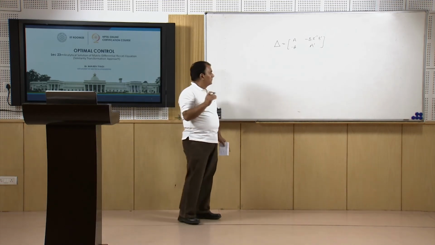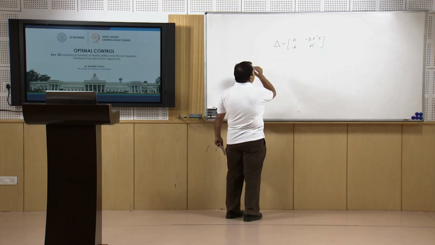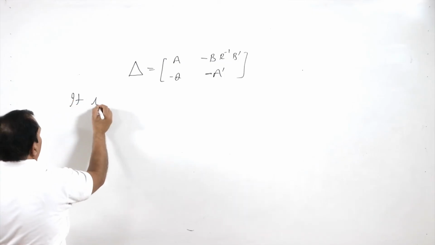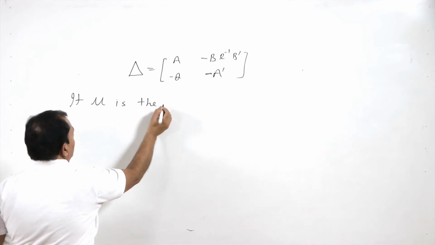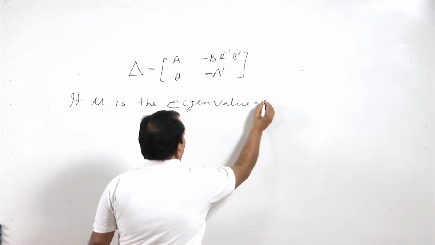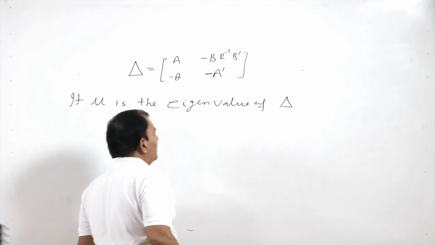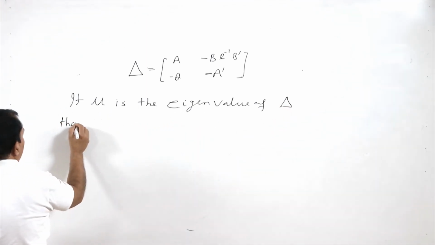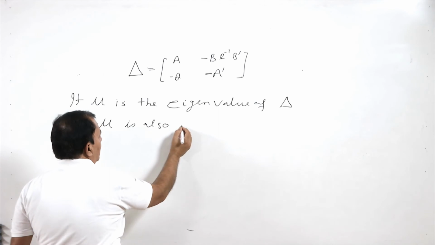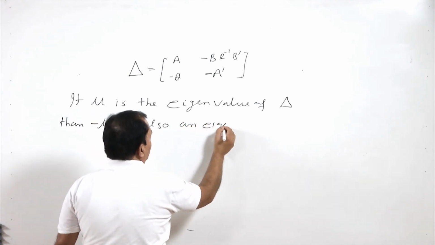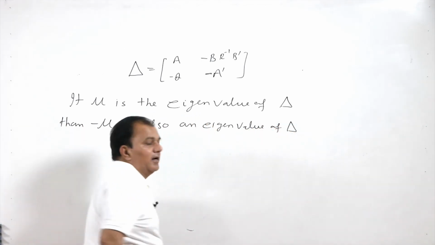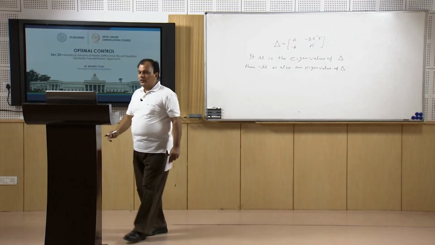Here we give a statement: if mu is an eigenvalue of delta, then minus mu is also an eigenvalue of delta. This we can prove